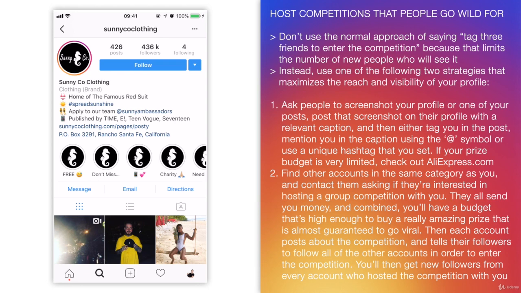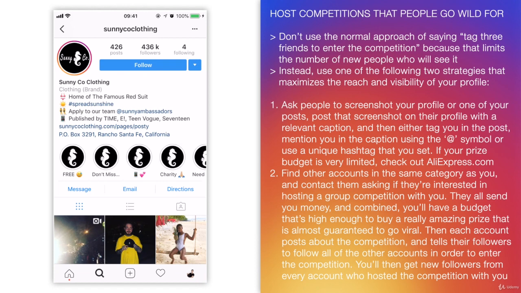And it even went so viral that celebrities like Selena Gomez were posting about it on Twitter, saying, "Everyone, can you stop posting photos of that stupid red swimsuit or whatever it is." So that's an example of it literally going too well. It just shows you how powerful this strategy can be, because again, if they had just said tag 2